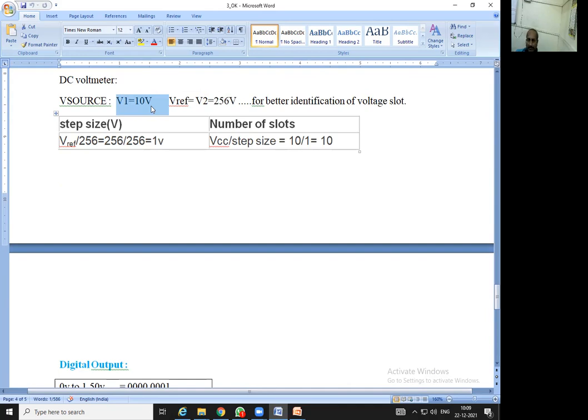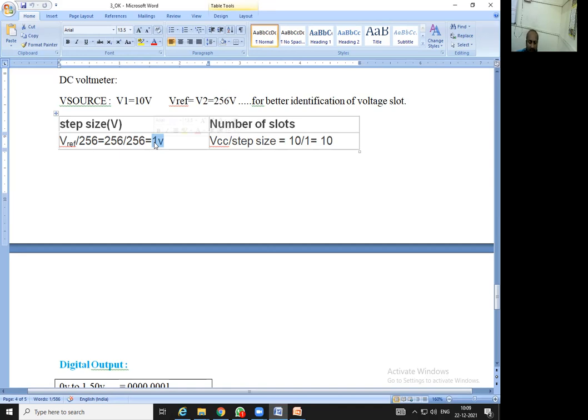So what is the difference between them? Now the step size becomes V reference divided by 256, which is fixed. How much V reference have we taken? 256 volt. So the step size will be 1 volt. For simplicity, for the sake of understanding, we have made this here.